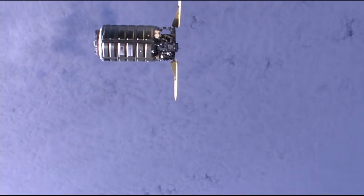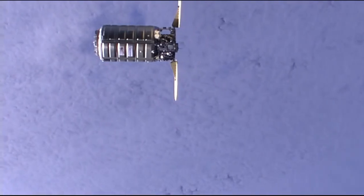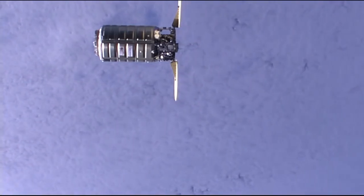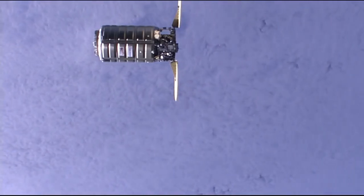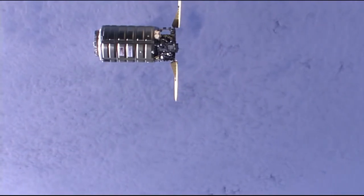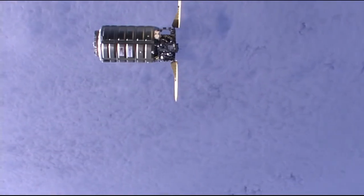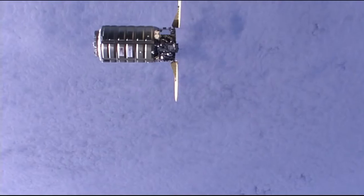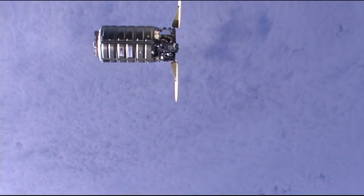Now inside 32 meters, 104 feet from the station, standing by for the next staging point at 30 meters. Beautiful view of the brand new Cygnus spacecraft. As Cygnus and the space station approach the southern coast of Chile,